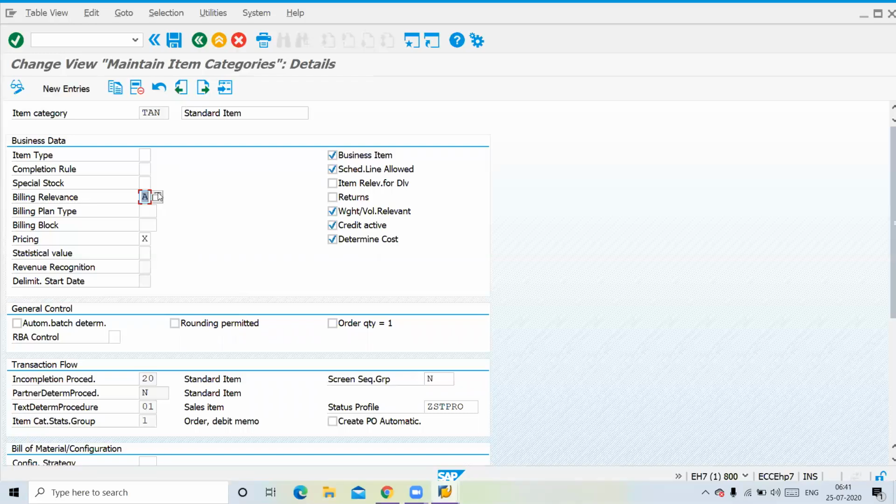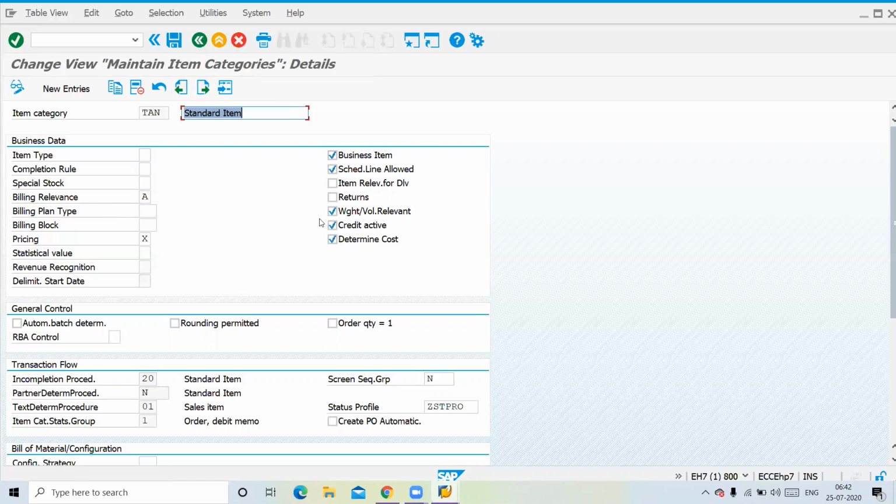Delivery relevant billing will be there. So when the stock is available on that day, only then can I deliver it. Okay, it might be the same day or some other days, it depends. So for that reason I have to choose this one. Your billing relevance will be delivery related billing. And if you see for BVN cash sales, order related billing. So let's check any other points.